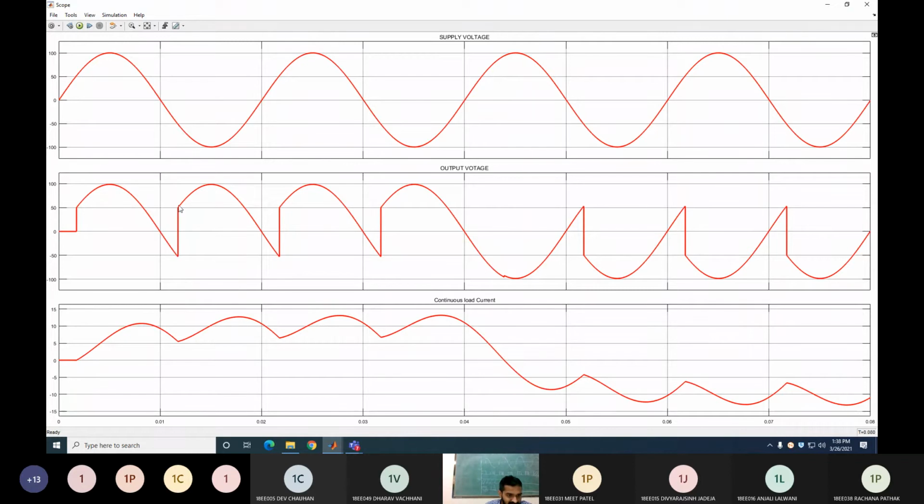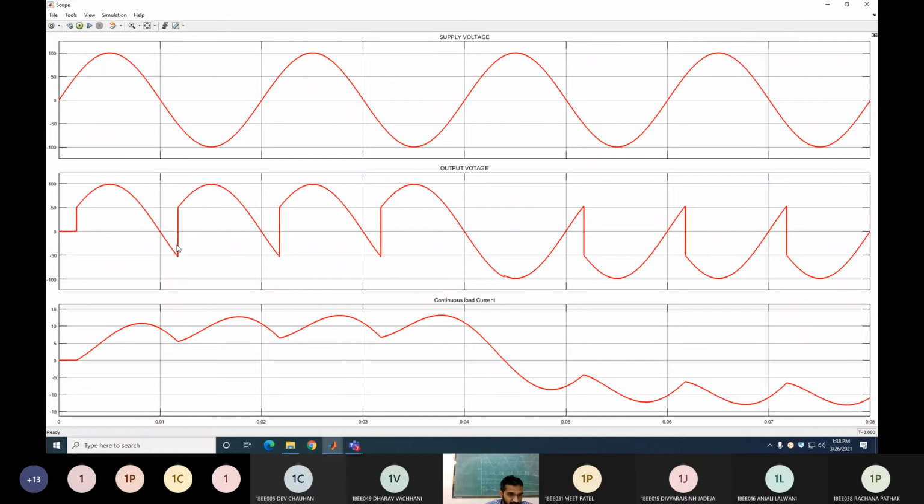You can see that pi plus alpha is reached here, but pi plus 5 is somewhere here, because pi plus 5 is greater than pi plus alpha. Clear? So here pi plus alpha is at 210 degree. When you fire P3 and P4, you can see that your load current is not completely discharged at this time. After pi, your load current starts decreasing. It is discharging, the inductor is discharging, but it is not completely discharged. The reason is that the inductor does not get sufficient time.